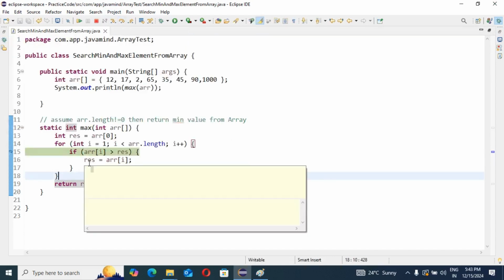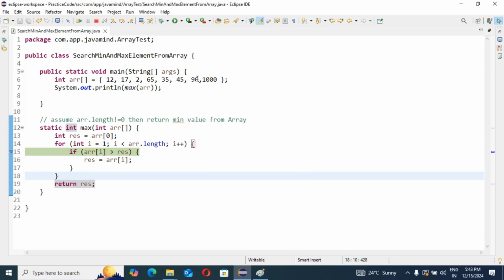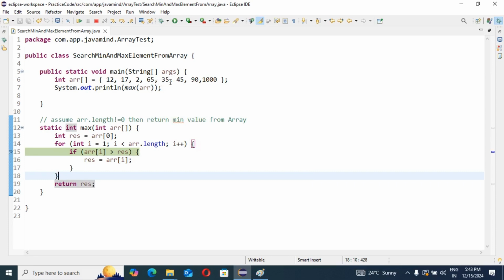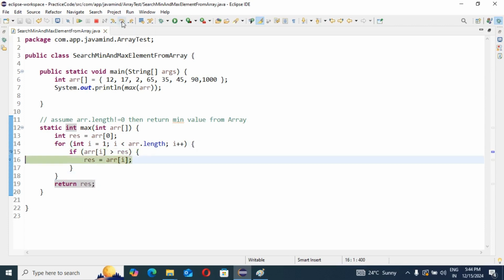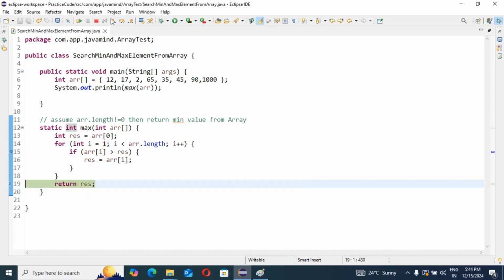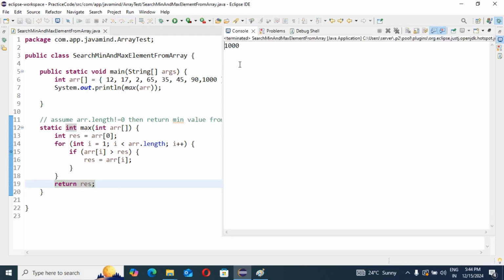The result came as 90 because 65 is not less than 35, 65 not less than 45, then 65 is less than 90. That's why this is updated as 90. Now you can see it will become 1000, because 1000 is the maximum result, that's why it will print 1000.